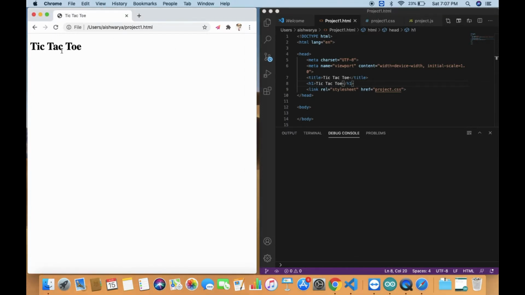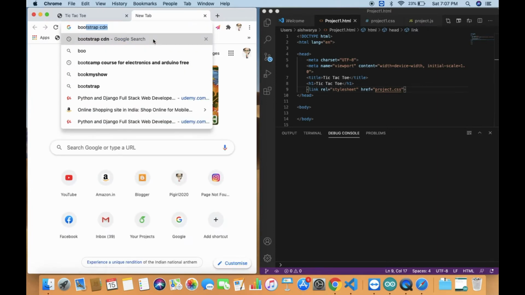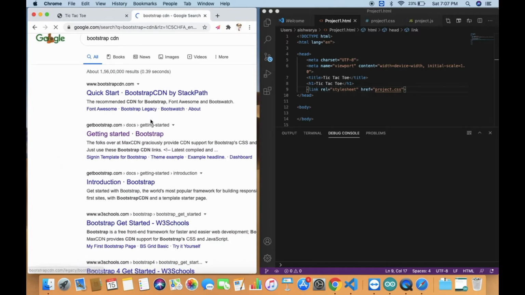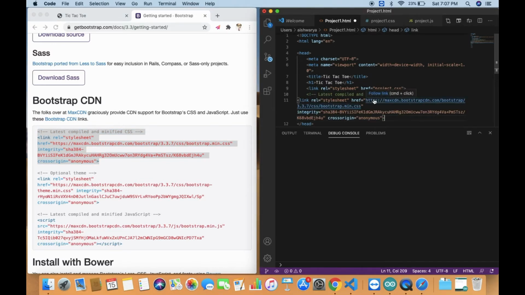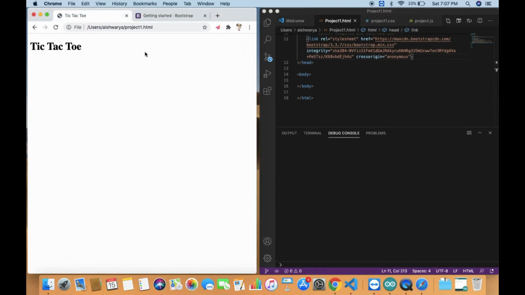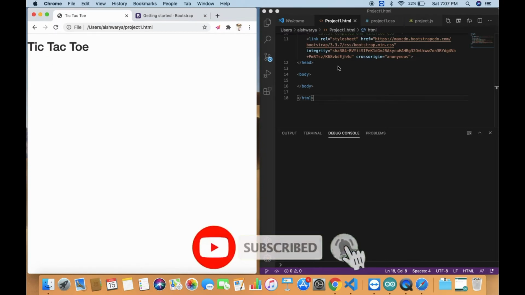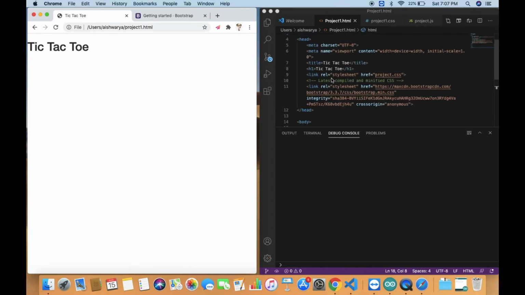Once we do that, we can save and run. As you can see, HTML shows Tic-Tac-Toe. Now one more thing we need to do is add a Bootstrap CDN to this. First you need to go into Chrome and search for Bootstrap CDN, then copy this link and put it in our code. This is just to give a proper outlook and a good font size to our HTML. Once we save it and refresh this page, as you can see, the font size has completely changed. So this is how it looks.